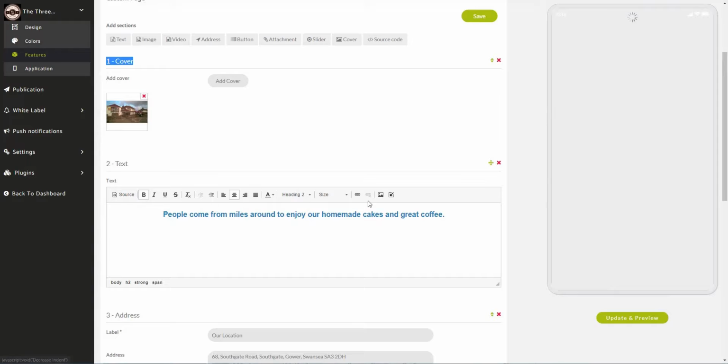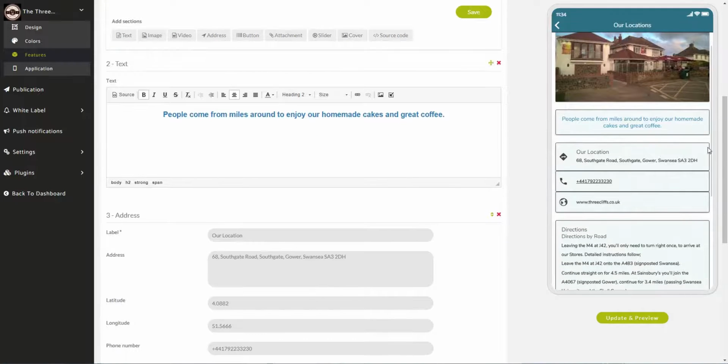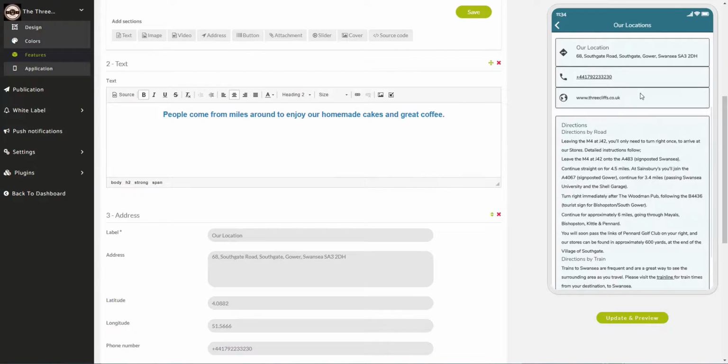I mean, this is pretty standard for a lot of things. So we've got that text element in here now. And then beneath it, if I just drag the app down a little bit, we've got the hour location, we've got the phone number, and we've got the website address. So to do that, what we've